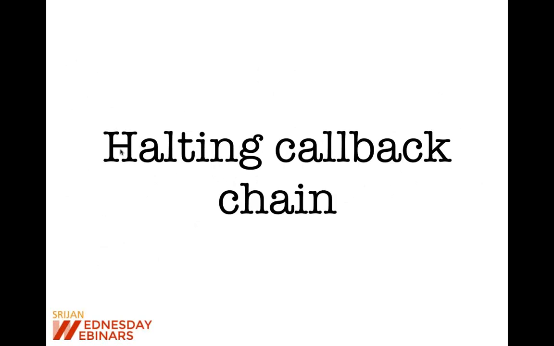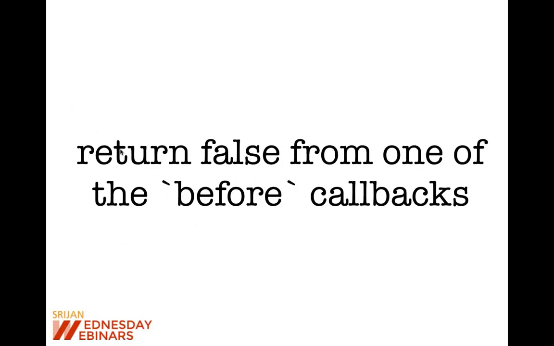Now this is the thing that we saw before, enumerable and everything, that was okay. But this is one of the big changes related to halting of callback chains. In previous Rails versions, whenever we returned false from any one of the before-something callbacks, Rails just used to stop the callback chain completely. So if you have a first callback which returns false, and then 3 other callbacks after that, those callbacks will not be run in previous Rails versions, because you returned false from the first callback. It just used to halt that callback chain completely.